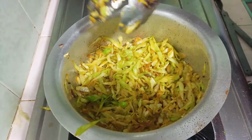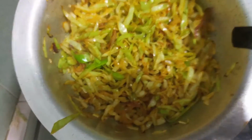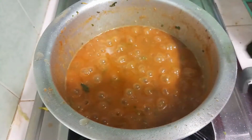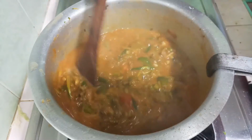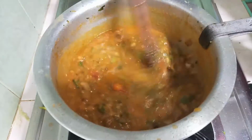And within no time our steamed cabbage is ready, and this is ready for serving. I'm going to set it aside and check on my green grams, and as you can see, my green grams look yummy and they are ready. I'm going to garnish them with some cilantro or coriander, and see you on the other side as we